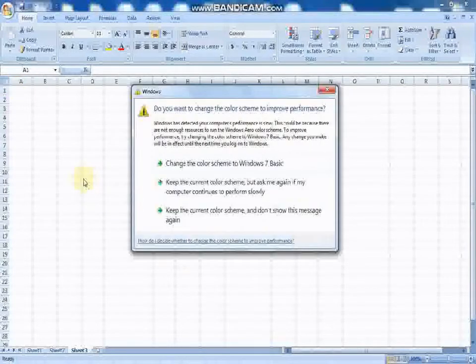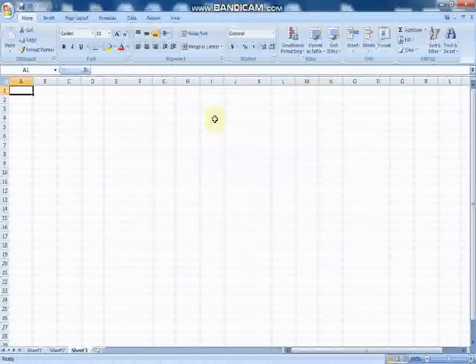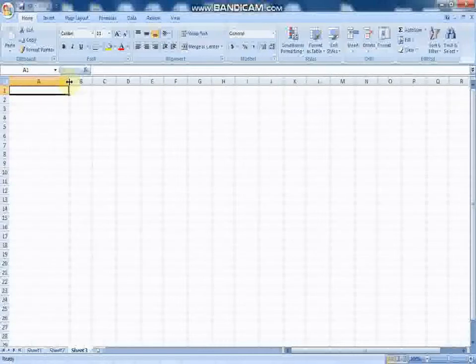Now a little bit I am going to tell you how to work on it. First of all, if these cells are very small and you want to increase the size of this cell, you can increase the size of this column or this row by keeping your mouse arrow here, and then you can see the black plus sign appearing. With the help of this, just click and drag up to where you want.